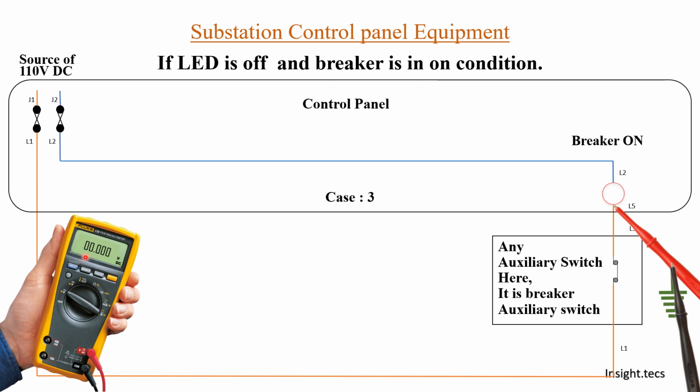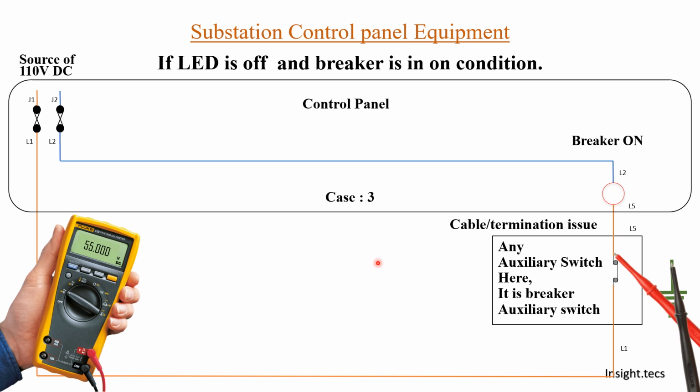Now what we have to do is move further towards the auxiliary switch inside the breaker and measure the voltage over there. Now let's measure voltage at this end. See, you are getting positive 55 volts. That means the auxiliary switch and everything is fine. Okay, there might be a problem in the cable or a termination issue in this part.